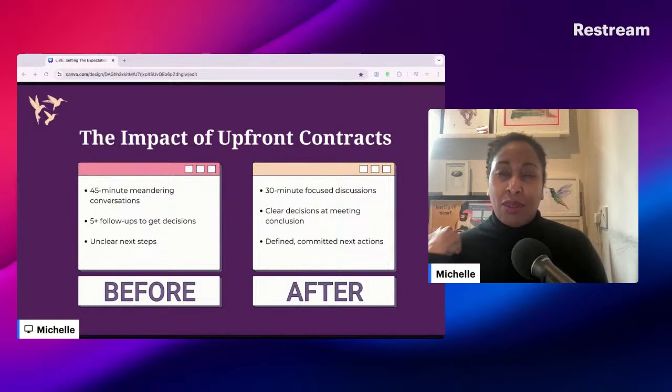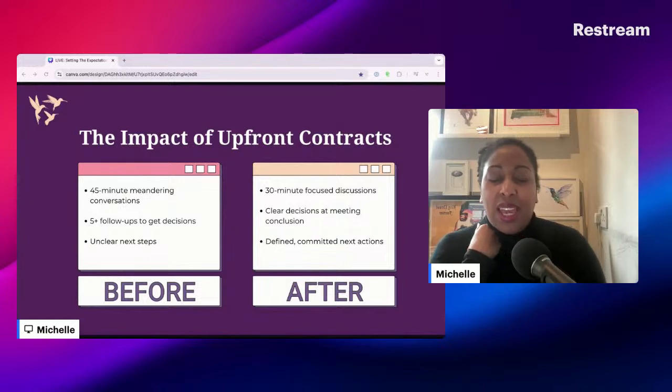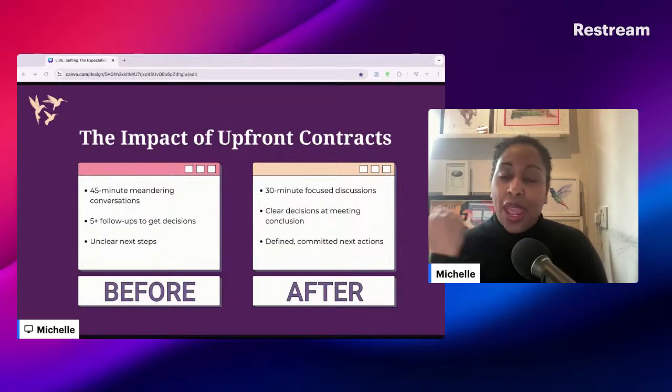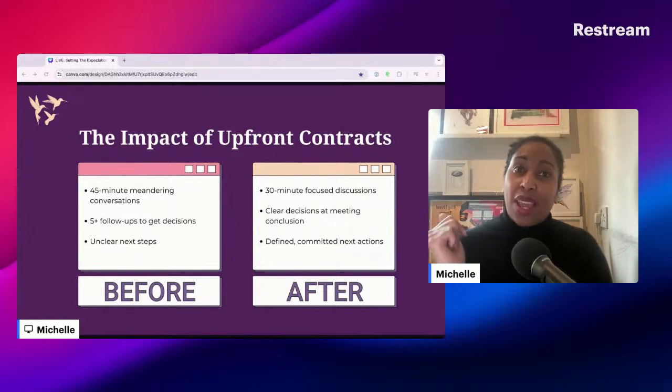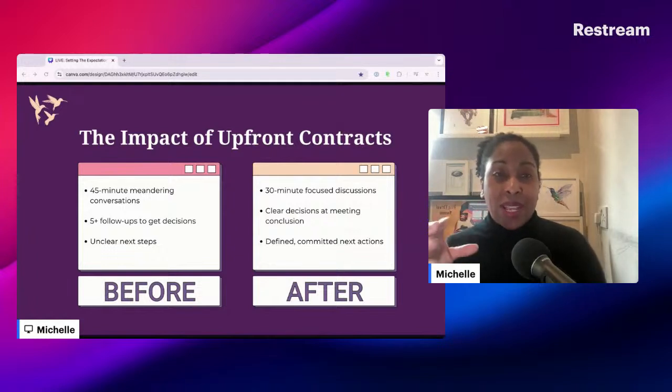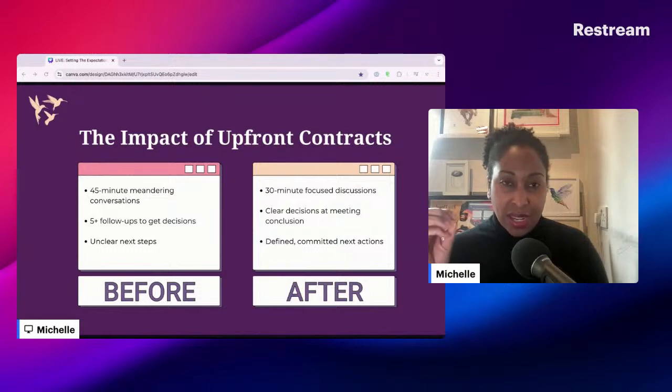And if you have worked with me in the past, then you might be aware of the BAM-FAM, so booking in that meeting from a meeting. And rather than having unclear next steps, you can get defined, committed actions, which means that you're not just checking in, you're following up on whether they had a chance to XYZ, meet their stakeholder, review their current stack and see where they fit in, review the demo, get those red lines addressed. Whatever it is, not just checking in, it's a meaningful action for both of you.